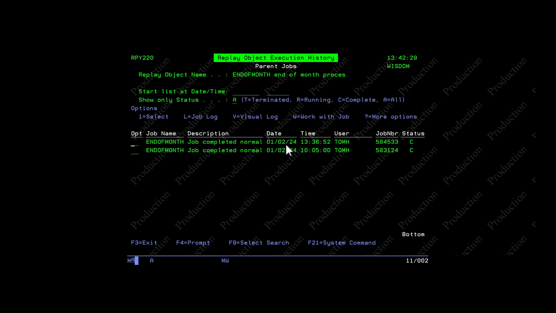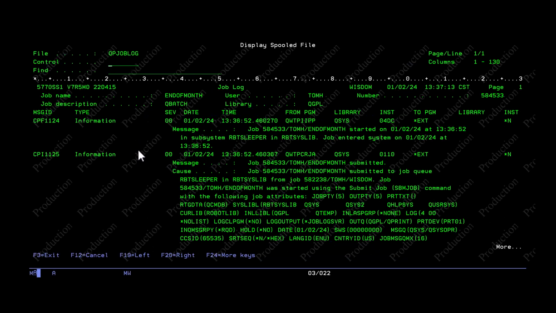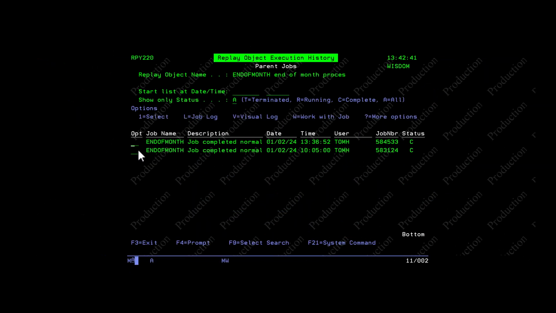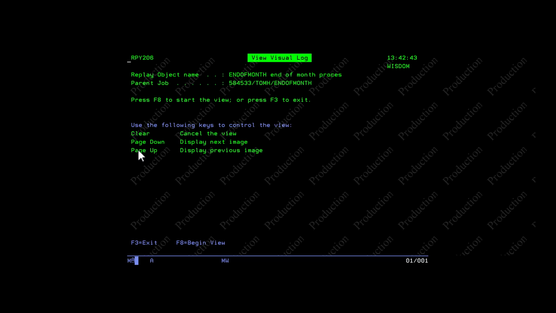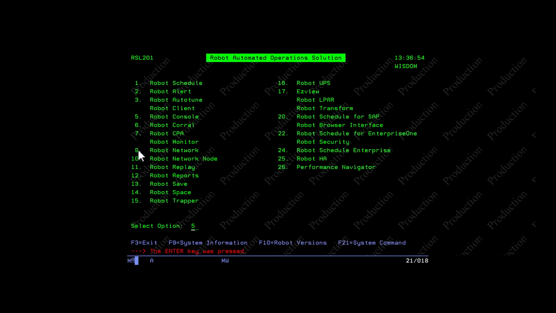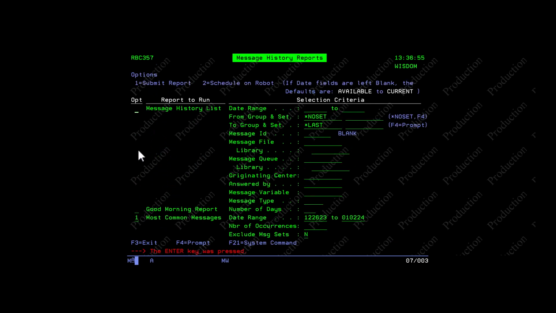Again, I ran this twice today, so we can see that. With option 1, I can see the job log. It's that same job log as before. I can do a visual log. This is going to show me what was actually executed. And by pressing Page Down, this is going to show me all the images.